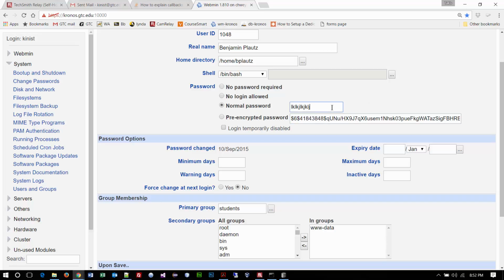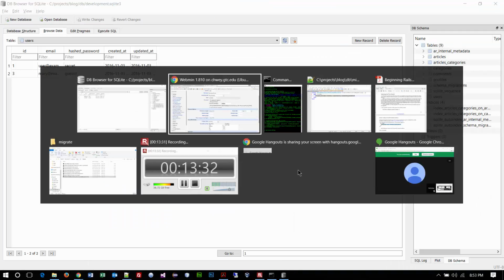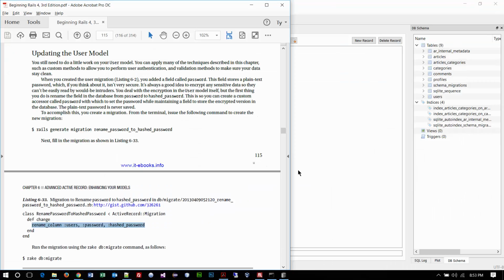I do have people that say, well, can't you just look it up and tell me what it is? Well, frankly, I probably could find a way to hack it and crack it. But no, I can't look at this and tell you what your password is. Now, the way that something in text becomes that is by use of a hashing algorithm. And I know that's coming up in a page or two, but I just want you to understand why we're going through the process of changing